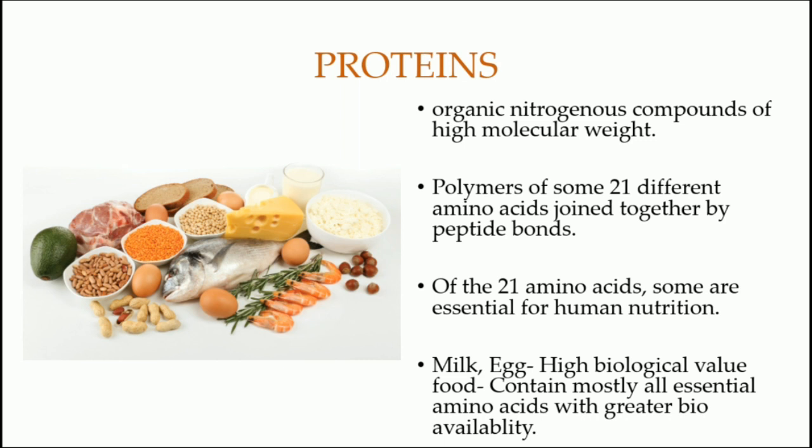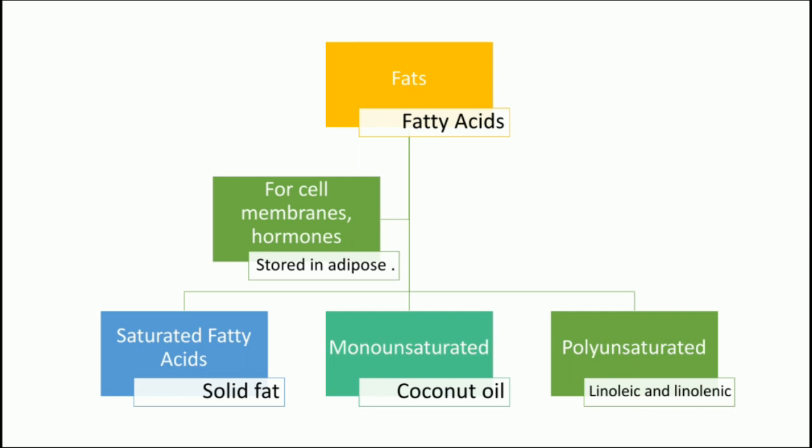This question can be asked in competitive exams: out of the 4 options, which one has high biological value. So the fourth component of the food is fat. Fats are triglycerides of fatty acids. So the subunit of fats is fatty acid. They are made up of fatty acids. Fats are important for our cell membranes, hormones, and the fat soluble vitamins. And the fat is stored in adipose tissues, and it helps in insulating the body and provides a cushioning effect in between the various organs.